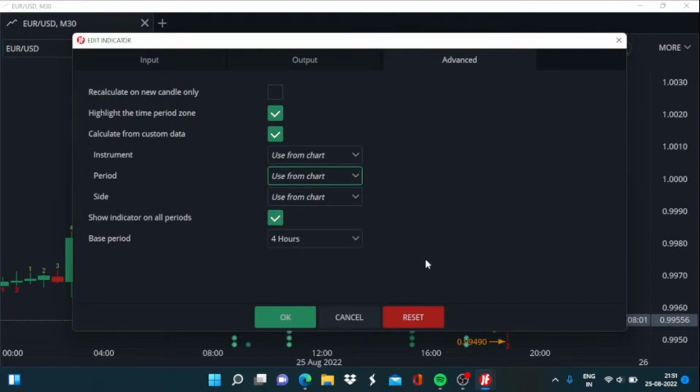So whichever candle time frame you want to use, you have to be sure about your trading horizon. If you are trading on the short term basis purely from the intraday perspective, then it is better to use the lower time frame as the candle period formation, candle period time. Spread side can be ask or bid, and there will be slight difference in the output value depending on which side of the spread you are on. If you opt the indicator to be shown on all periods, then it will be shown on all the periods whenever you change the chart's time frame